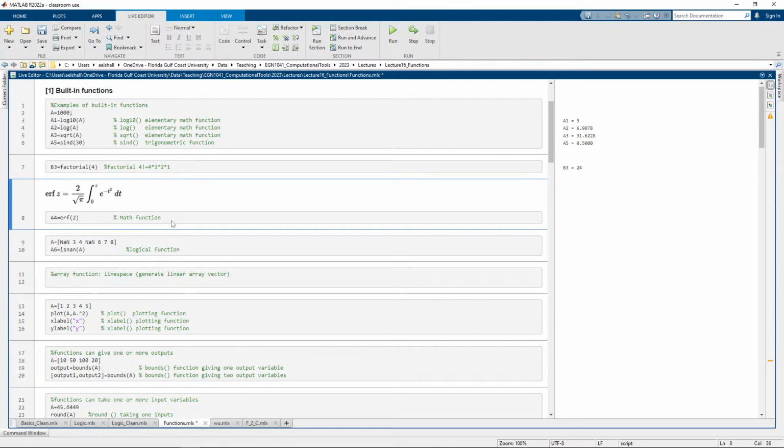There could be some functions that we might not use quite often, like this error function, for example. So you don't want to solve this integral. MATLAB did this for you, and this is called an error function. If you run this error function, for example, for 2, you should get a value around